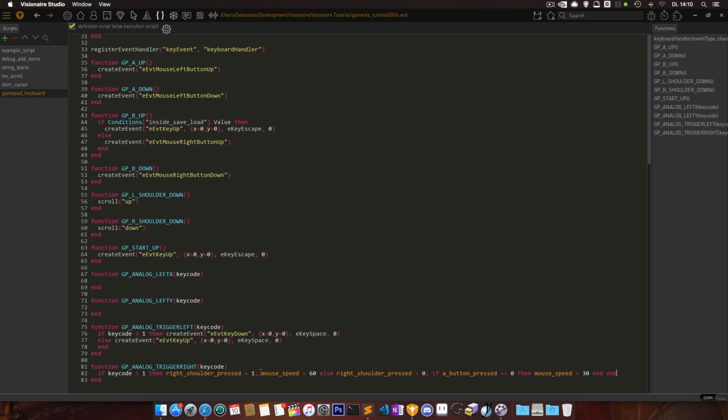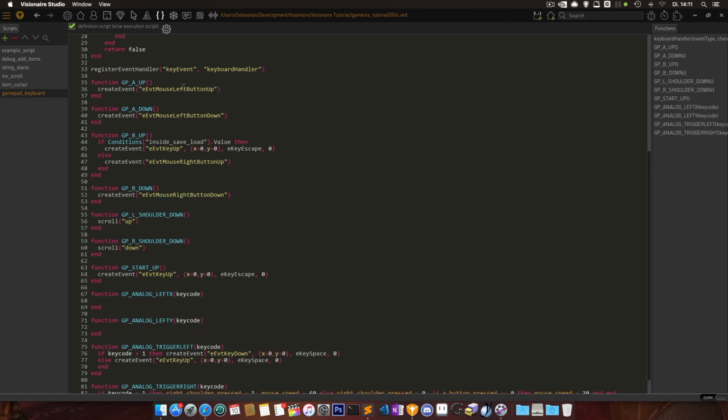So let's see. Only when the mouse pad is not pressed. Okay. That's because we want to force the verb coin to have the precise cursor. Also, we need to insert some of the variables inside our A down and A up